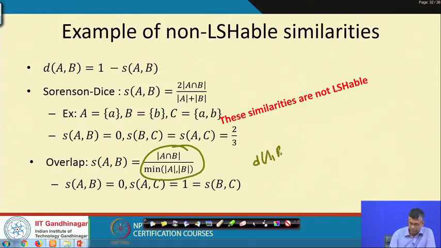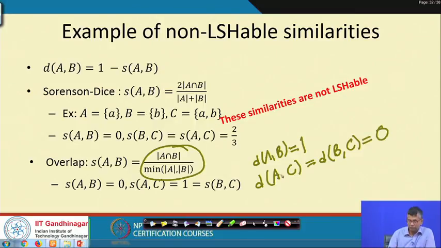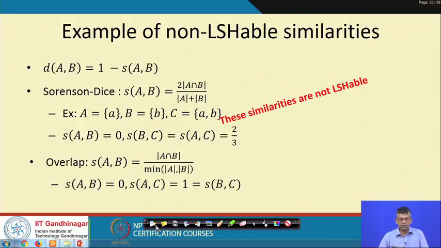Distance of AB is 1, distance of AC equal to distance of BC equal to 0, right. So, therefore, it does not obey triangle inequality. And so, that simple thing gives you a proof that these similarity measures are not LSHable,